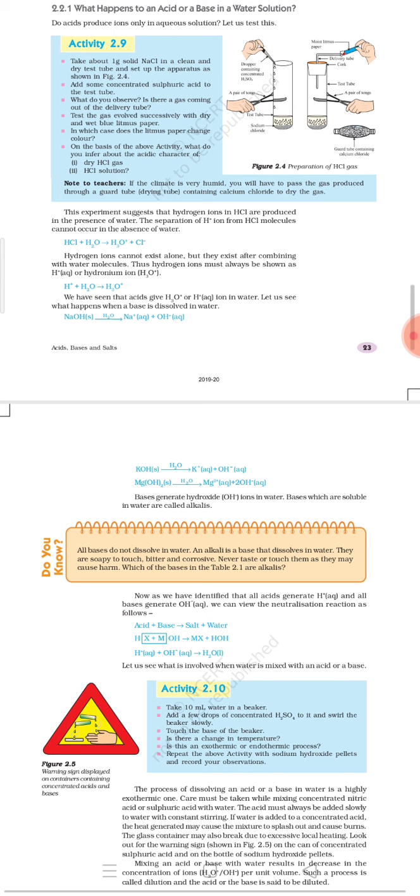Now when you mix the aqueous solution of acid and the aqueous solution of base with each other, you get 4 ions. On the basis of these 4 ions, salt and water are formed as products. So how is water formed? Water is formed when H plus of the acid and OH minus of the base combine, giving H2O as the product. That is represented in the next chemical equation: H plus aqueous and OH minus aqueous give H2O.